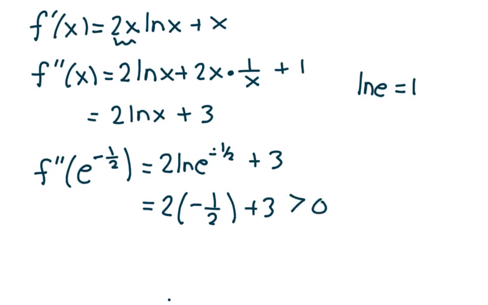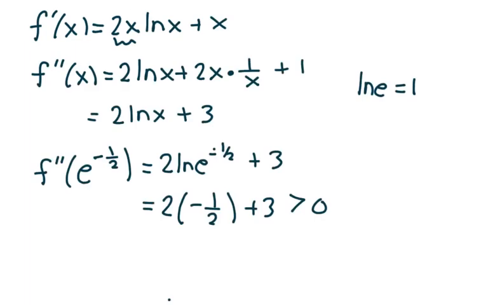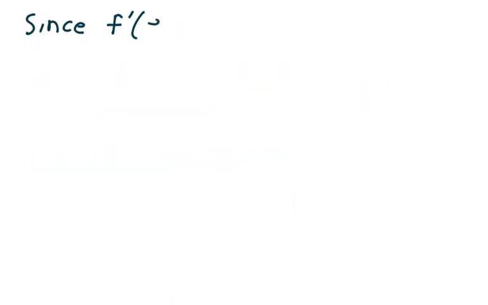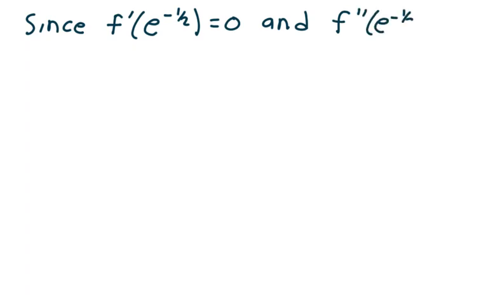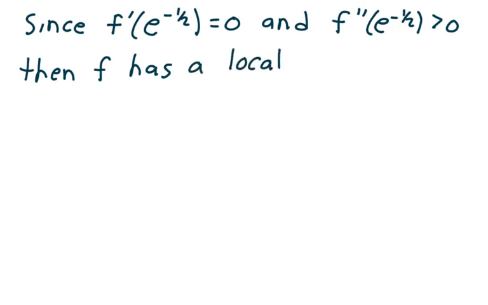So again, I think concave upward. And so since f prime of e to the negative a half is 0, and f double prime of e to the negative a half is positive, then f has a local minimum